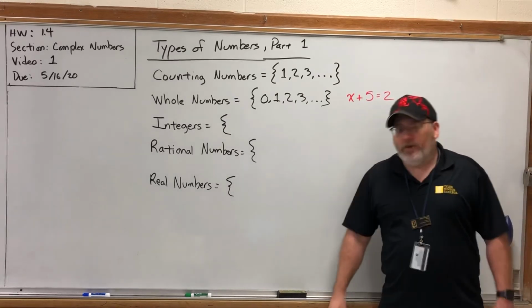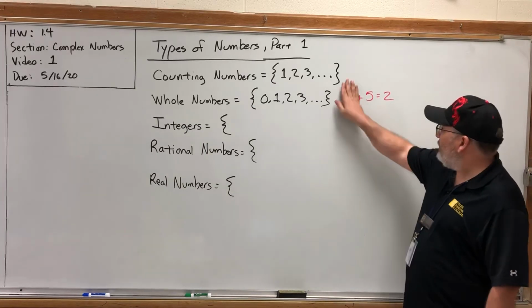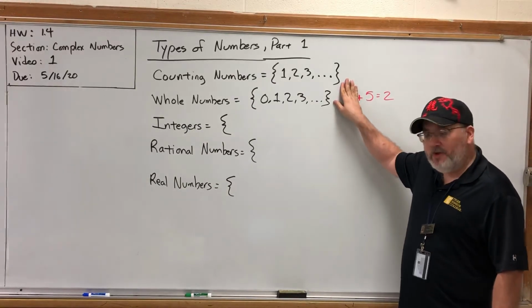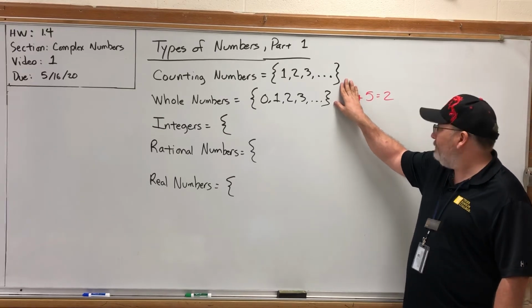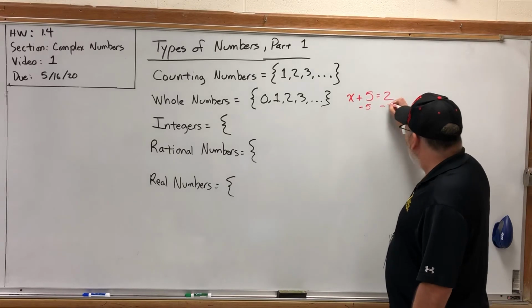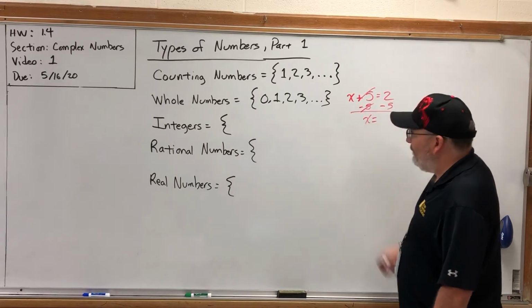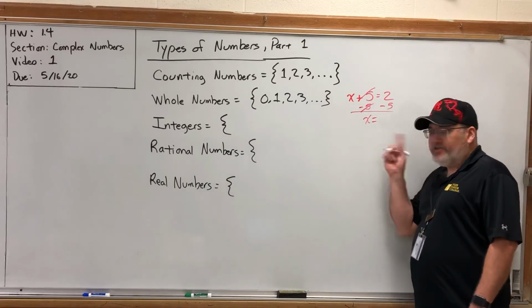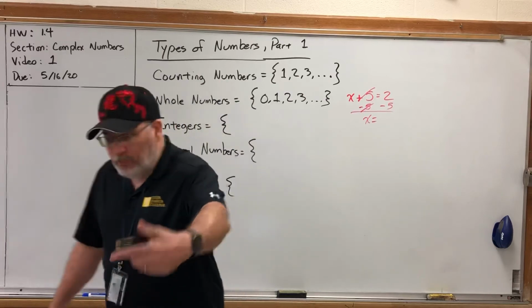If the only numbers that you know are whole numbers, this has no solution. It's like asking a first grader, what can you add to 5 to get 2? They'll probably tell you you can't, because when you add to 5, it's going to get bigger or stay the same if we add 0. Now we know the solution, and we know how to get there, subtract 5 from both sides. But again, if whole numbers are the only numbers you're working with, this has no solution. So either we hit the end of math, or we need more numbers.